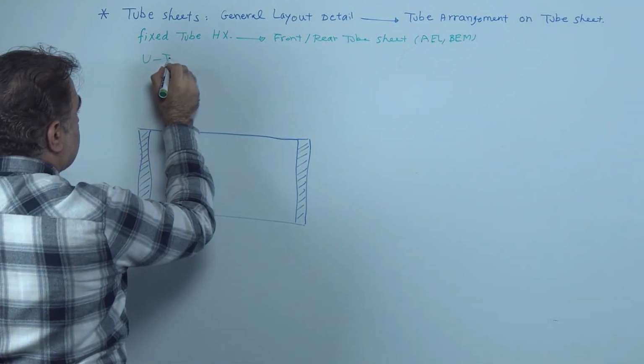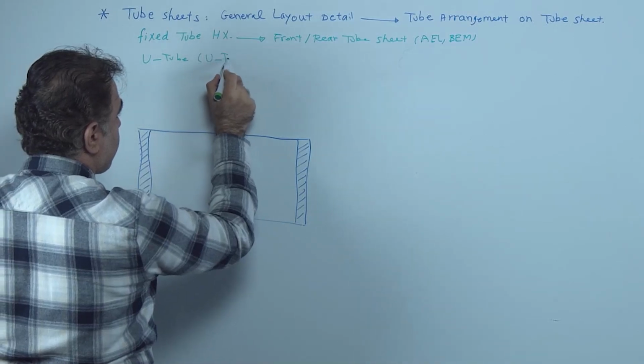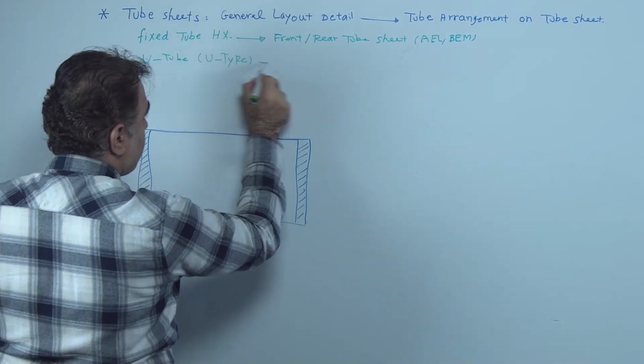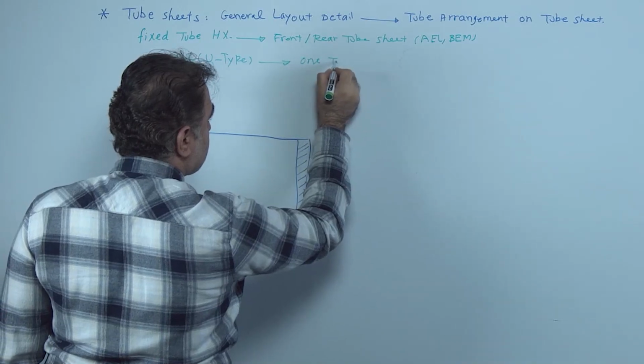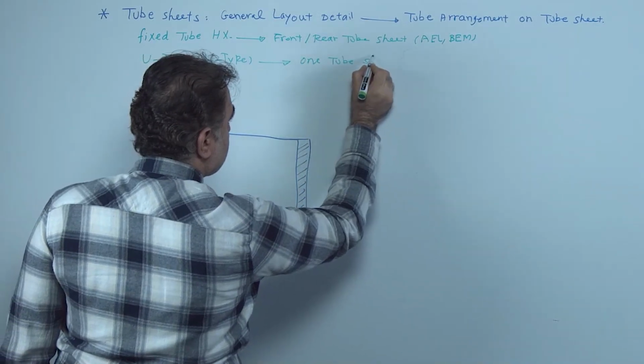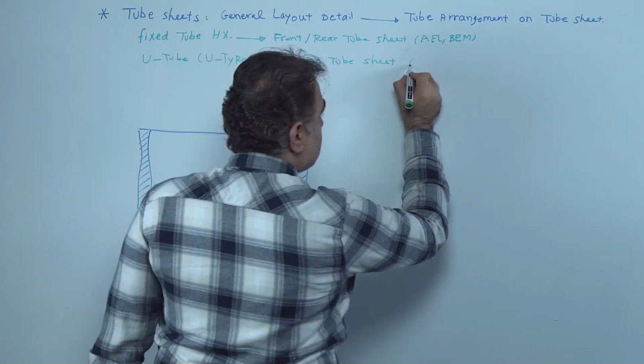For a U-tube heat exchanger or U-type, we have one tube sheet, like at BEU